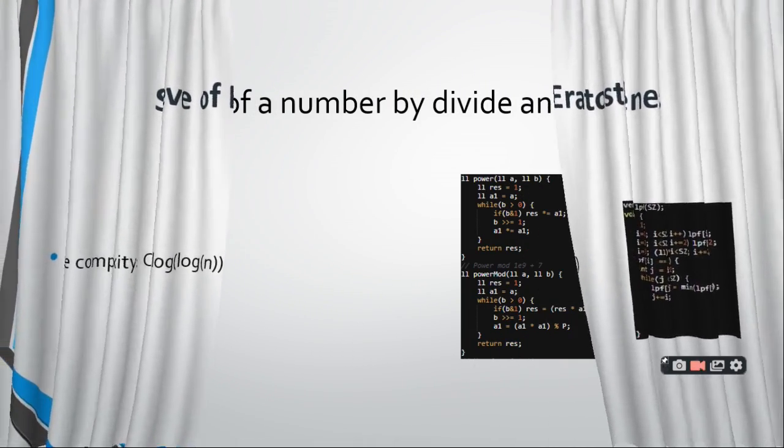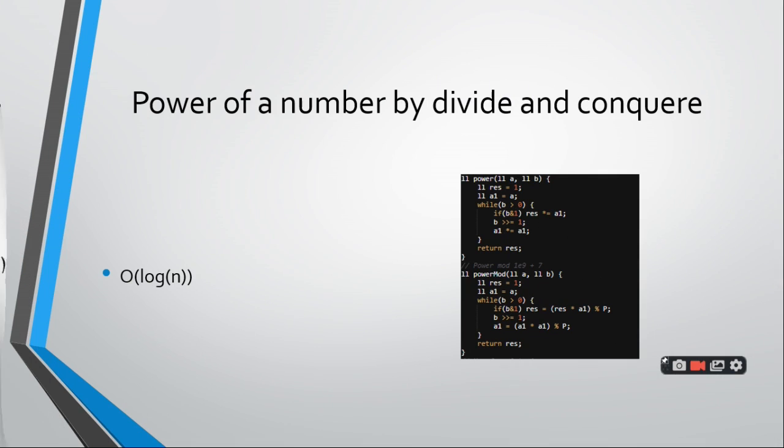Okay, so next we are coming to power of a number by divide and conquer. If we do it normally, it is a linear algorithm actually. So now we are coming to a logarithmic algorithm by using divide and conquer. We will discuss divide and conquer later, but it is a light thing. But there are some steps. First divide, then you merge, then you again conquer. In some cases you need the comparison also. But here we don't need such things.